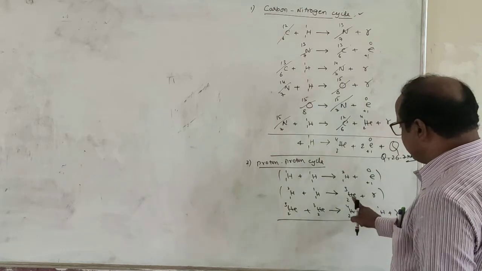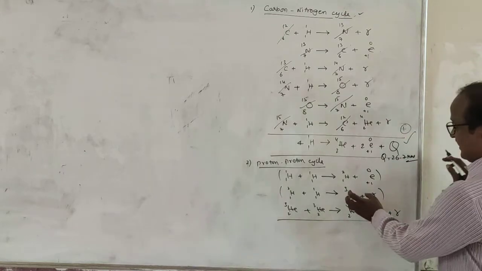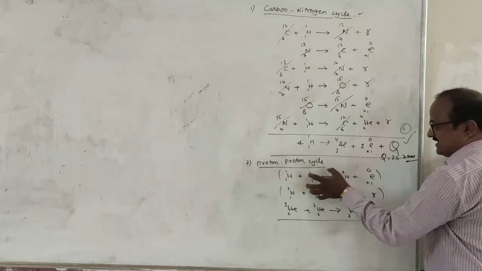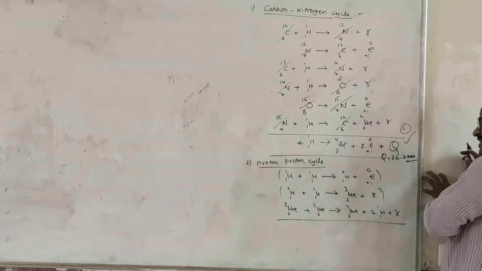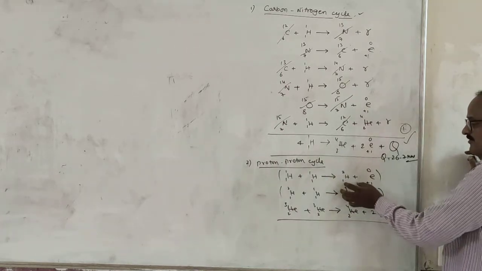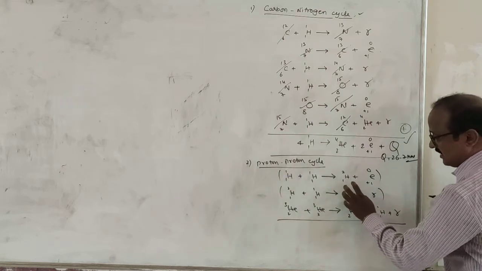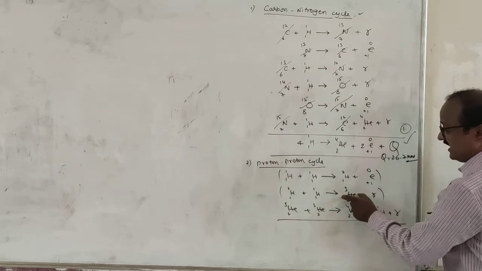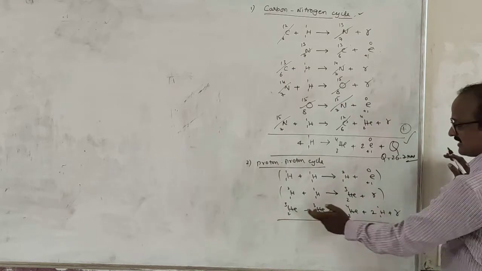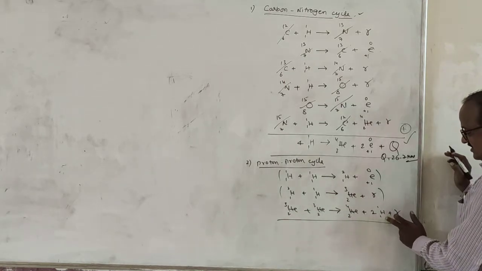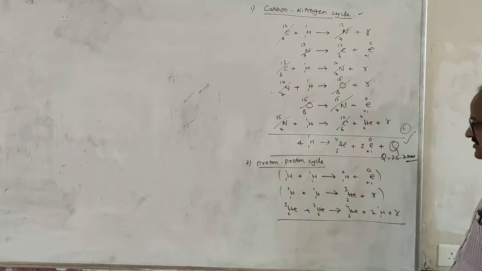But again, this helium-3 is produced in this cycle. The same cycle takes place in the surroundings, so there also He3 is formed. So in this reaction, the forming He3 and the He3 released in the other reaction, these two combine to produce helium-4 plus 2 hydrogens plus gamma rays.